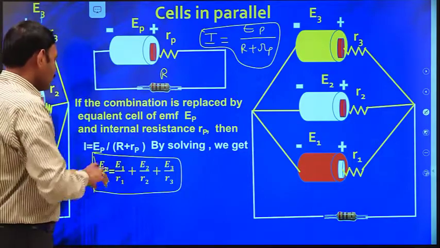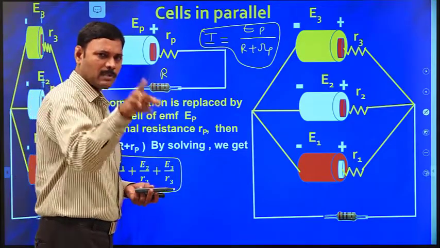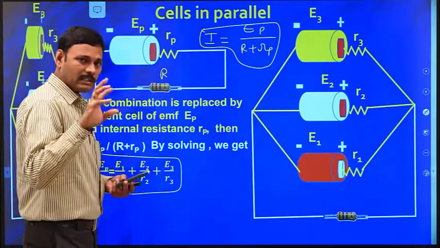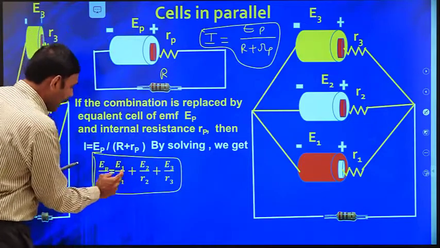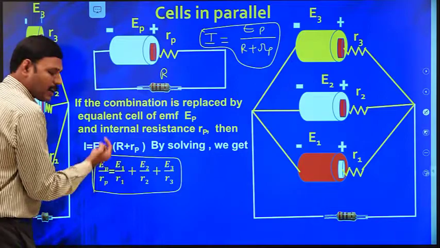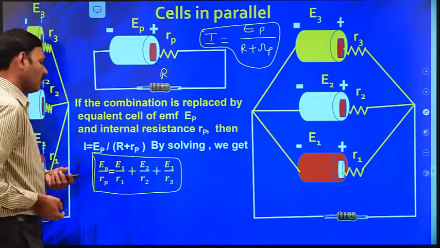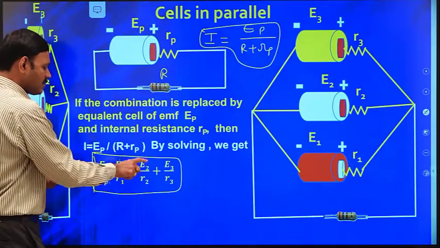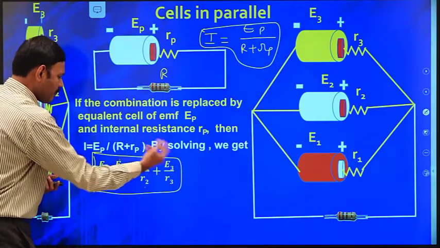In series, ES is simply E1 plus E2 plus E3. Students, ES is E1 plus E2 plus E3, but EP doesn't look like that. So it is somewhat clumsy. To find EP, we have an arrangement of expression. With this arrangement, we find EP by RP is E1 by R1 plus E2 by R2 plus E3 by R3. We know E1 in the data, R1 its internal resistance, E2, R2, E3, R3. By using these values, we may find EP.